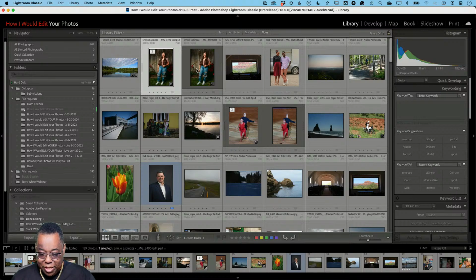So it brightened up the shadows quite a bit. I might bring the shadows back down a little bit more. And then what I might do is, because the projected image is so bright, and Nicholas,